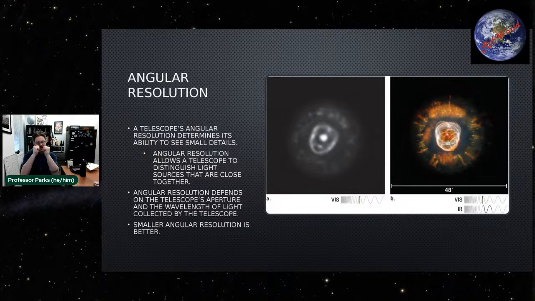Depending on your angular resolution, you might be able to see them as two individual stars, or they may actually clump together and you would only see basically one solid object. So the higher the resolution, the better your ability to distinguish two objects that are close together as two separate objects, as you can see in this example. I can't remember what the actual name of this object is, but it is a planetary nebula with a white dwarf in the center, and then you have this gaseous envelope around it.